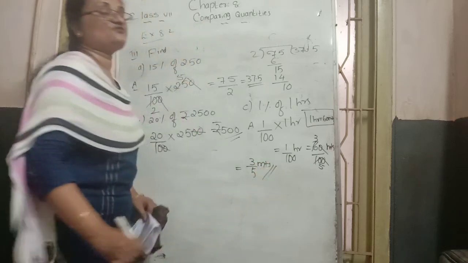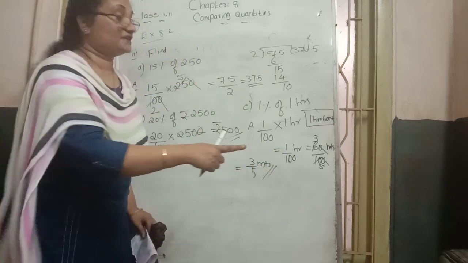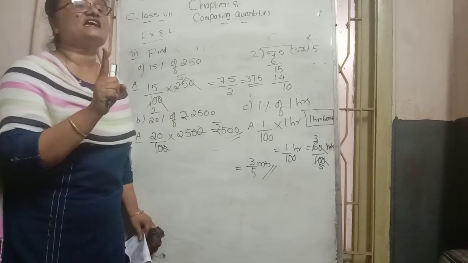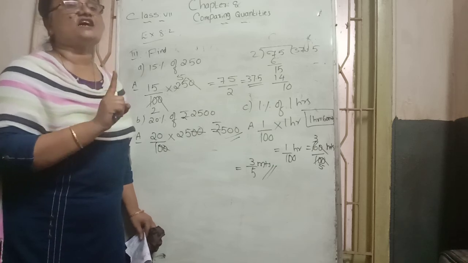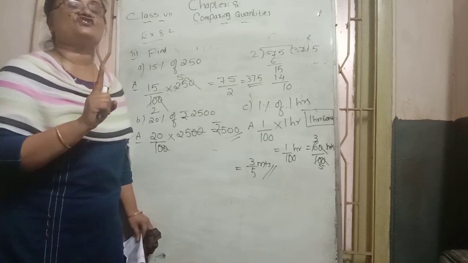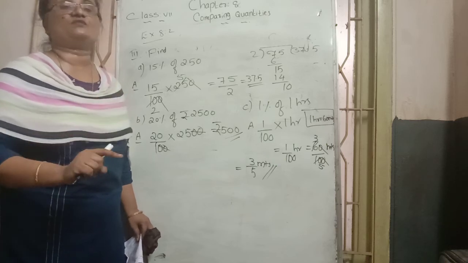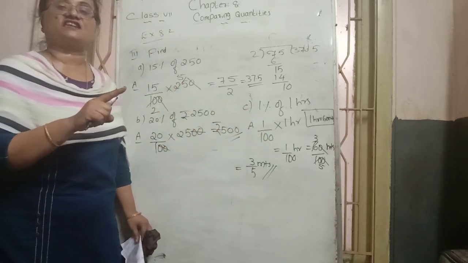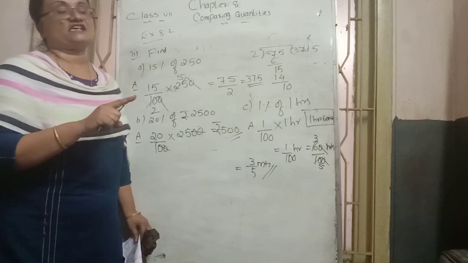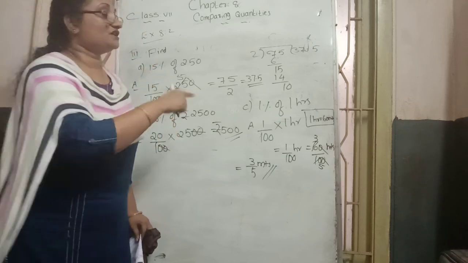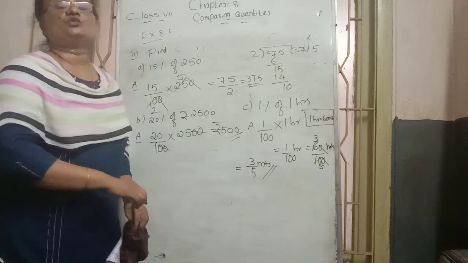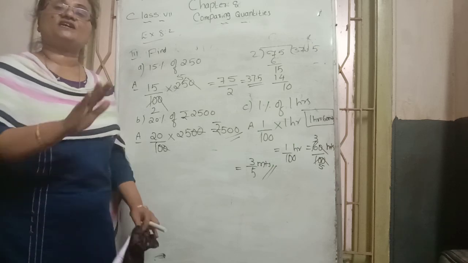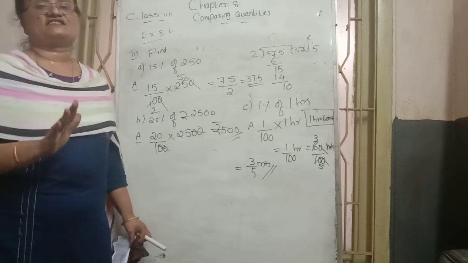In this way we can convert and write here. What did we do? Here the answer we got was in hours. To convert that hour to minutes, we know 1 hour carries 60 minutes. That's why 1 by 100 is multiplied with 60. So 1 into 60 becomes 60 by denominator 100. 0 0 cancel. 2 table 6 is 3 times, 2 table 10 is 5 times. So the answer becomes 3 by 5, and we converted hours to minutes, so the unit becomes minutes. I hope you can understand this topic. The remaining part we can discuss in the next class. Thank you.